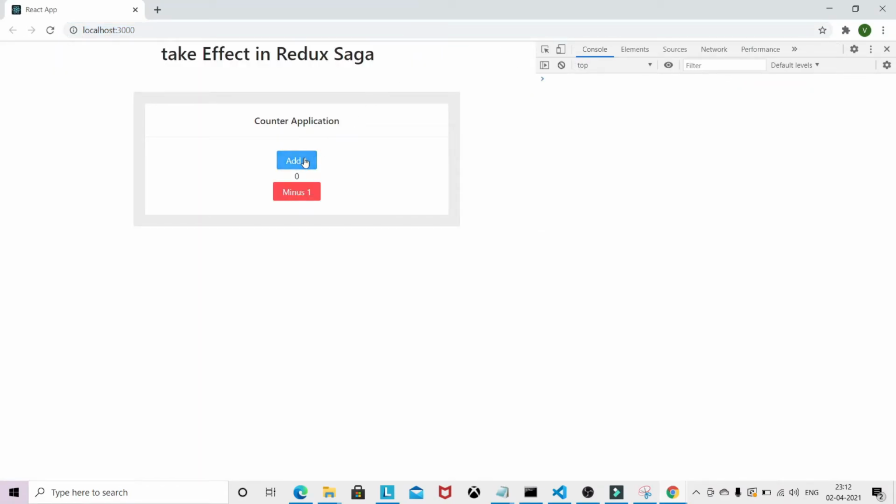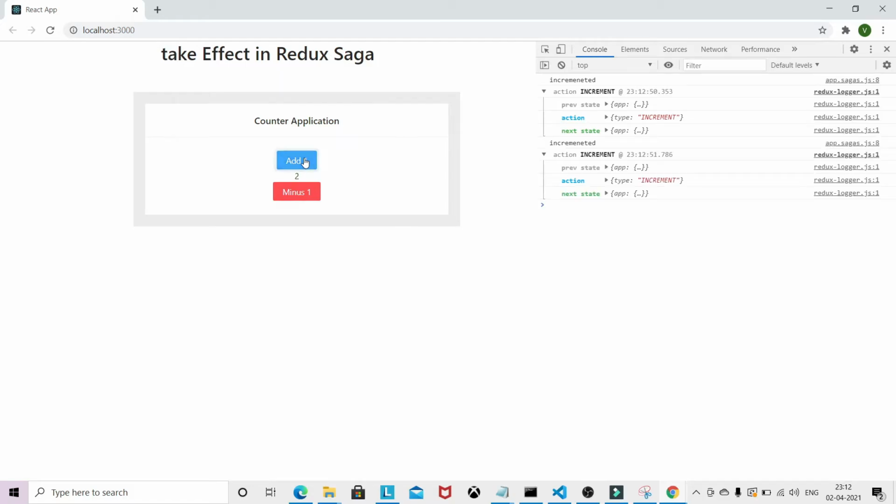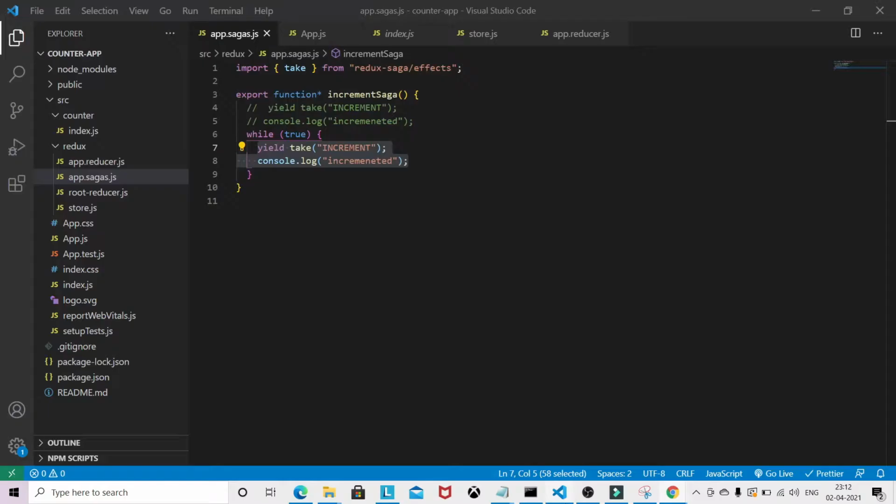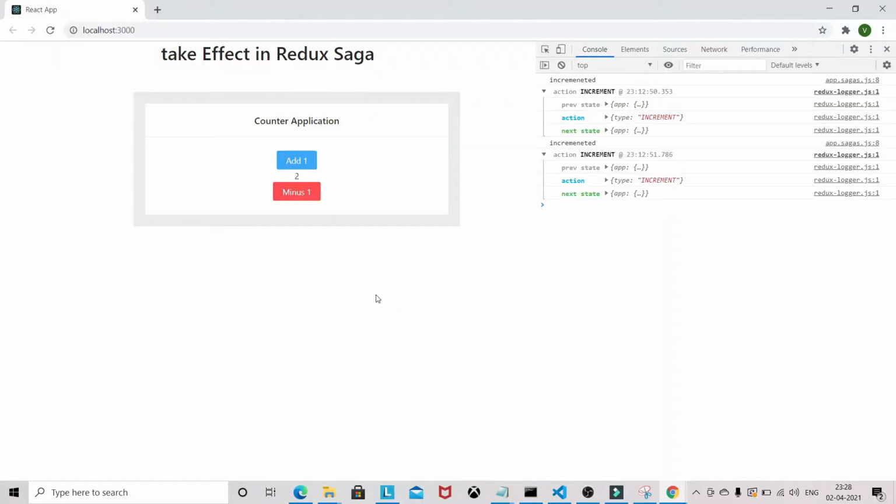So now what is happening? Now you can see we are getting the increment log. So here our saga is kind of stuck in an infinite loop. With this approach, you will be able to replicate the behavior of what takeEvery or takeLatest does.